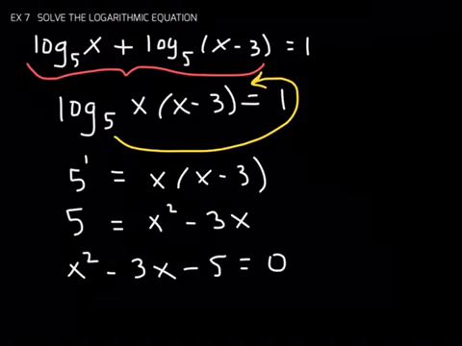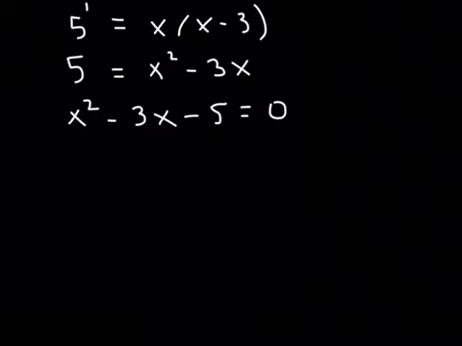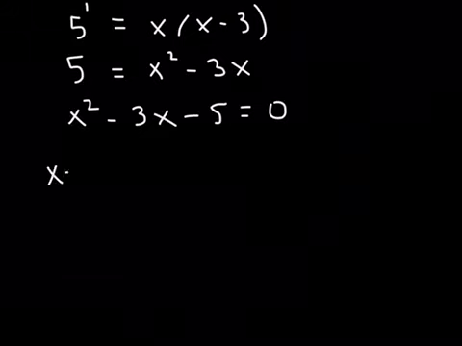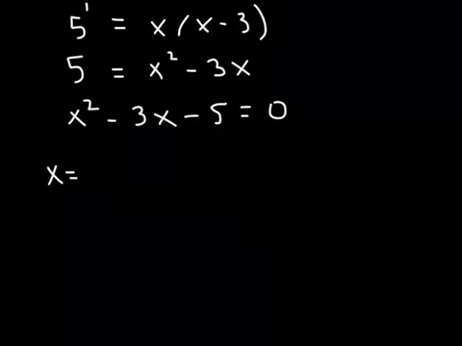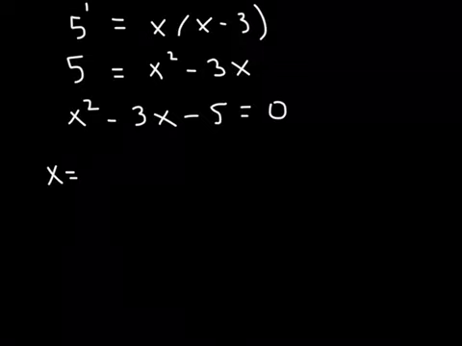I think a lot of students, when we were meeting face-to-face, preferred, I remember you preferring the quadratic formula. So the quadratic formula, if you need to remind yourself of what it is, it's negative b plus or minus the square root of b squared minus 4ac, all over 2a. So it'll be